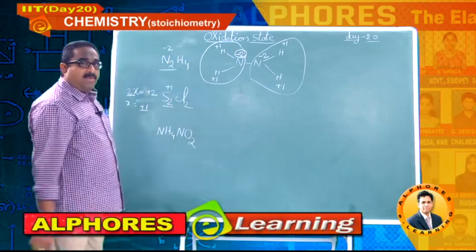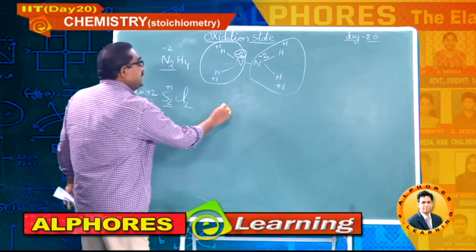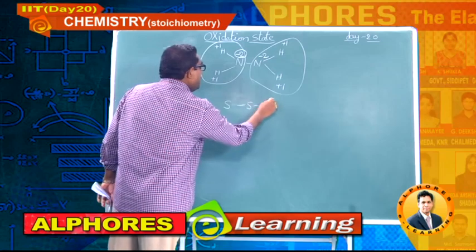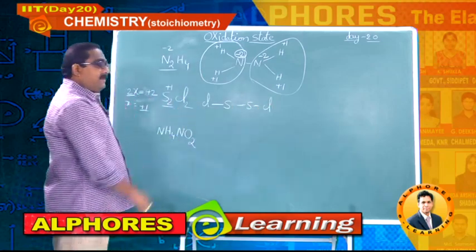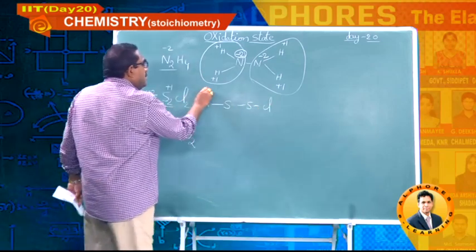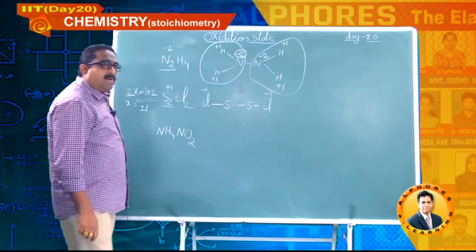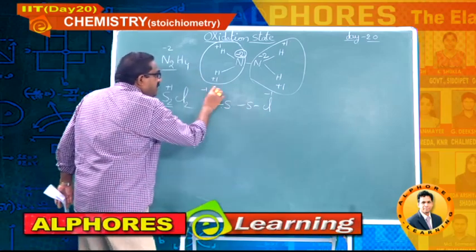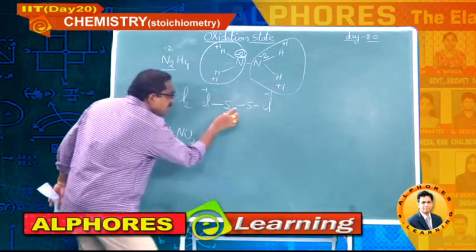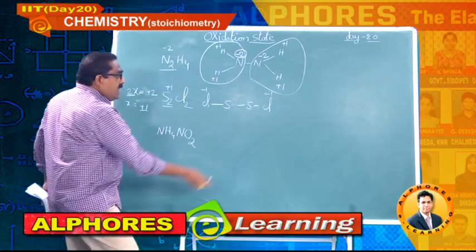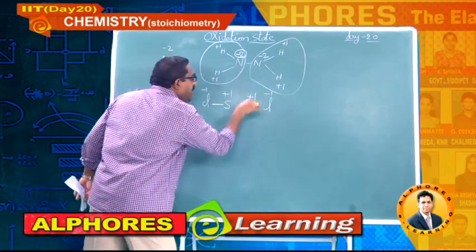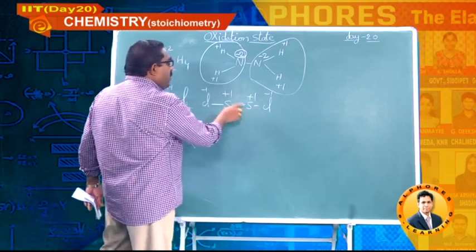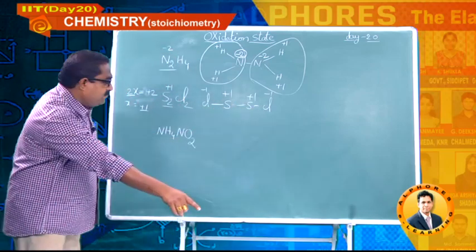Coming to this example, concentrate, students. This is the bonding. Sulfur, chlorine, chlorine. Chlorine is more electronegative, -1, a 7th A group element moreover. Again bonding between the same two elements. This net should be equal to 0, then this net should be equal to 0. So here it should be balanced with +1 and it should be balanced with +1. So the individual oxidation state of both the sulfurs is also +1.